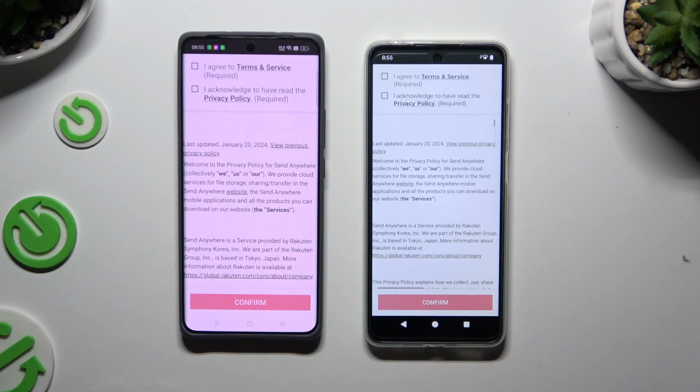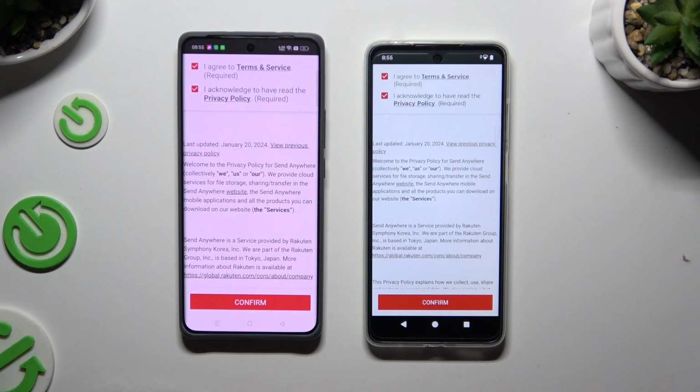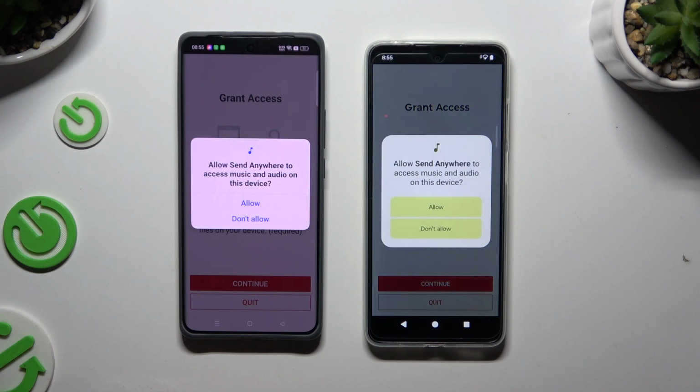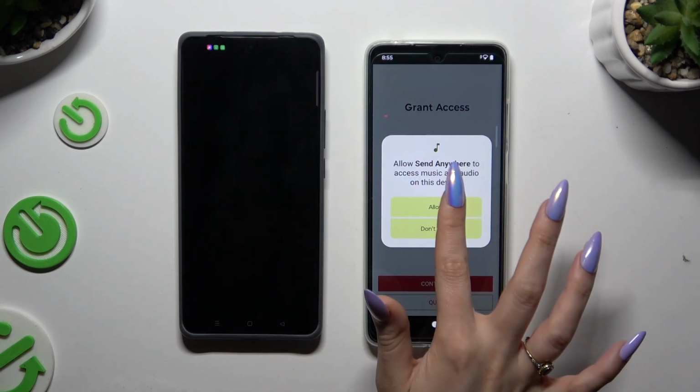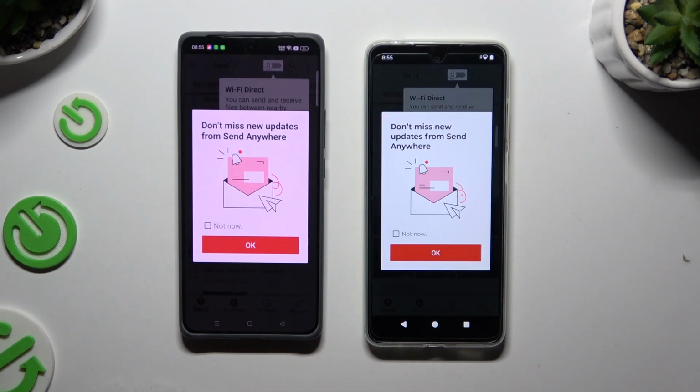Then select the same options to set up both apps. Firstly, I agree and I acknowledge. Then confirm, continue, and allow. In this window though, about new updates, you can tap on Not Now or close it right away by hitting